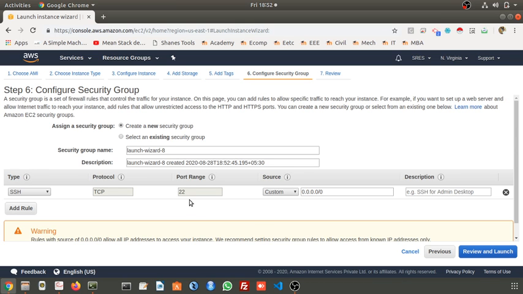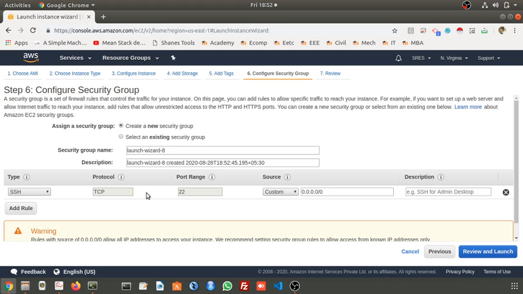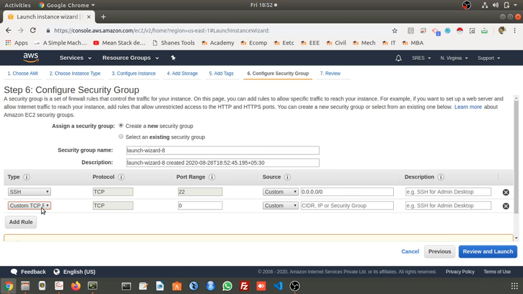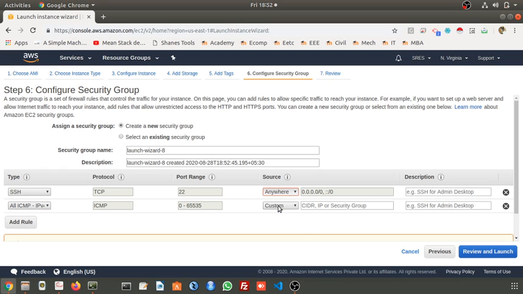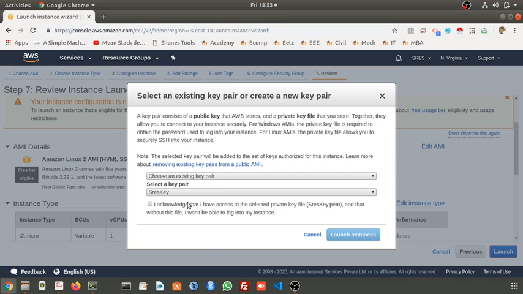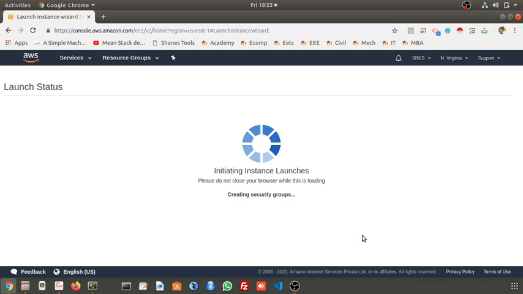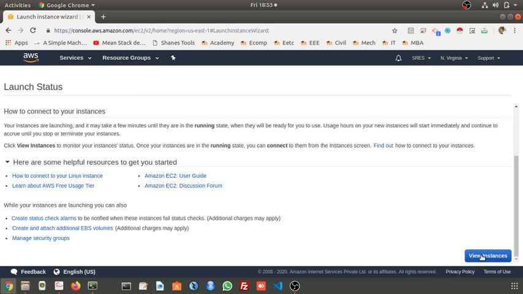Next I will create one new security group here. I will allow SSH and I will allow ICMP also. Launch it. I will select the existing key pair. View instance.